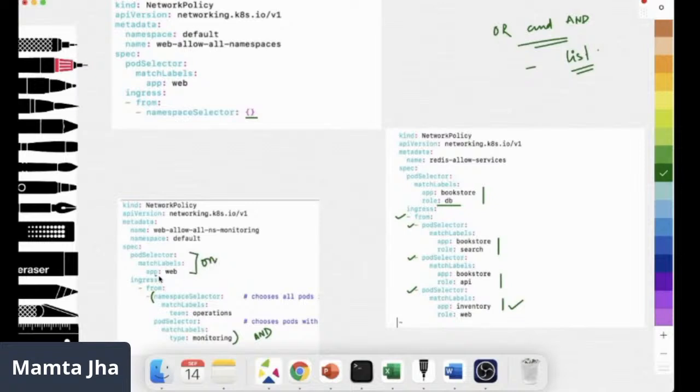We would apply this rule on pod which is labeled as app web. We would accept packet from namespace which is labeled as team operations and a pod which is labeled as type monitoring. So this is like an intersection operation. AND operator is used. So let's create a pod first, and then we would see how do we